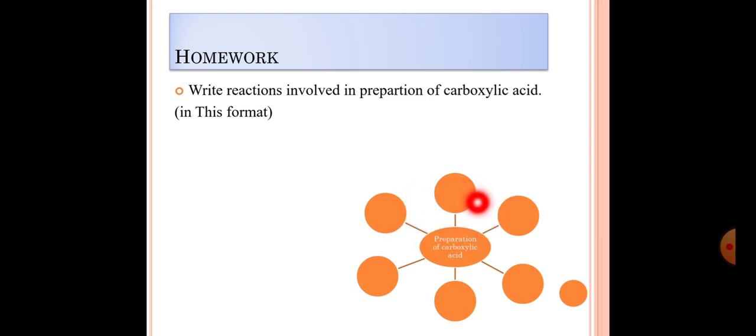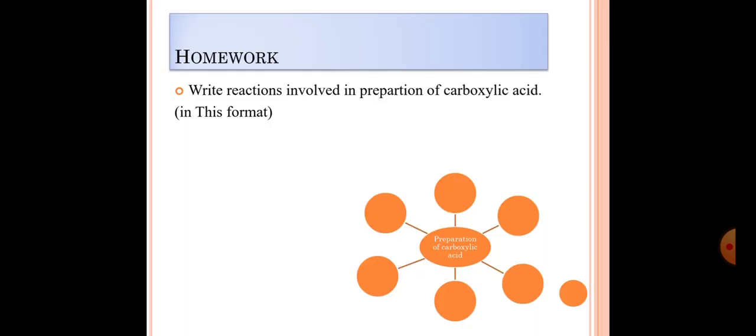देखो मैंने यहाँ पे एक आपको बना के दिया है रफ आइडिया. You can use your idea also or some innovative ideas. Always welcome for that. Preparation of carboxylic acid, center में लिख दिया मैंने, and 6 reactions we have studied ना. So 6 columns ऐसे किए, and then first reaction I am going to write here how the acid is going to be prepared. तो reaction I can do that कि reaction मैंने first start किया. So from nitrile लिख दिया यहाँ पे, amide conversion, then to the acid. So यहाँ से यहाँ तक आएगा. एसिड का फॉर्मूला मैंने बीच में लिख दिया. First reaction from nitrile ऐसे किया. Like that way you have to write all the 6 reactions in this format.